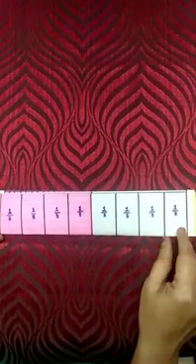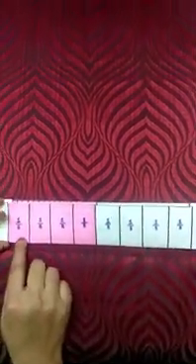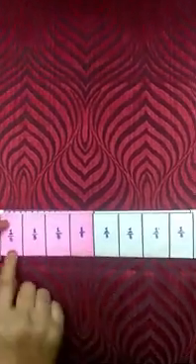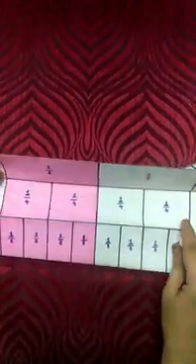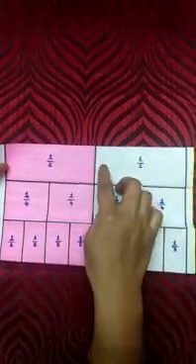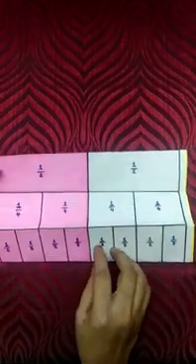Now I divided the same unit into 8 equal parts, where each part represents 1/8. Now how many 1/8s did I select here? 1, 2, 3, 4, where this 4/8 occupies the same amount of space as 2/4 and 1/2. So from this we can say 1/2, 2/4 and 4/8 are equivalent fractions.